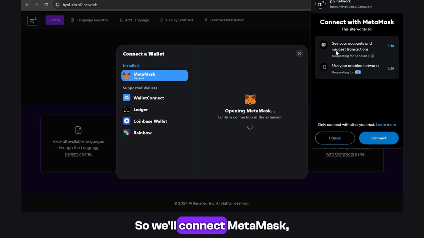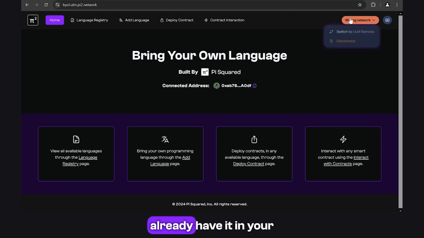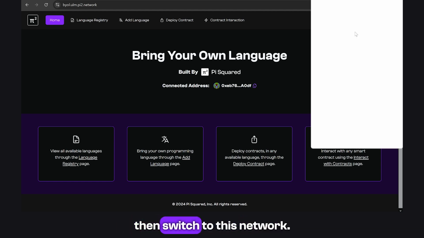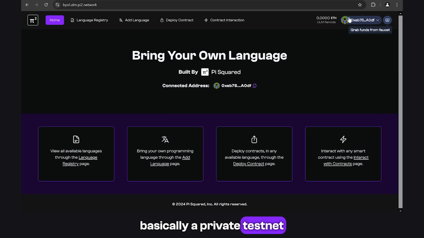So we'll connect MetaMask, and as we connect, it's gonna show us probably wrong network because it's unlikely that you already have it in your wallet, and we're gonna then switch to this network. It's showing us the usual warnings because it's basically a private testnet, and once we have done that we can